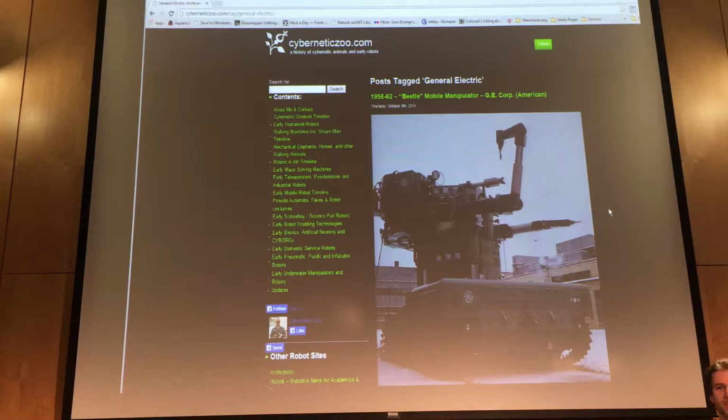So robotics is one of these things where it really ties in. Robotics is all about machine design. It's all about the combination of mechanical and electrical systems, and you really get into crazy mechanisms. This is something that was actually built by, I think it was GE. GE was really into some really crazy, huge robots when they were building up their nuclear power plants, and of course